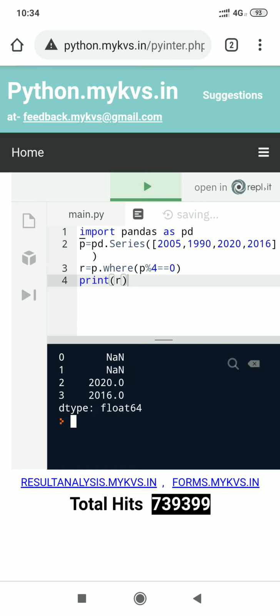It is displaying 2020 and 2016, and for the others, NaN value is being displayed.